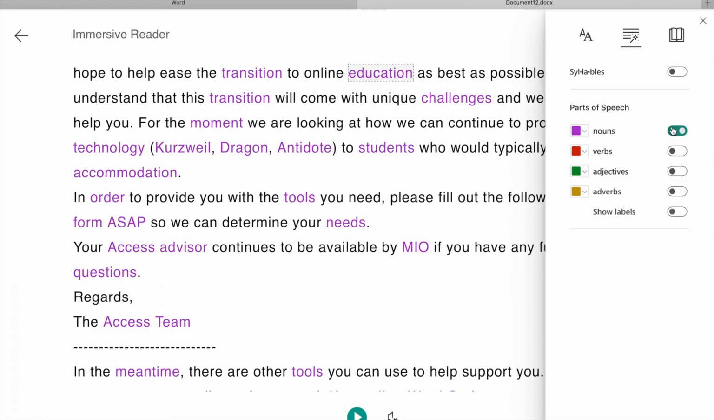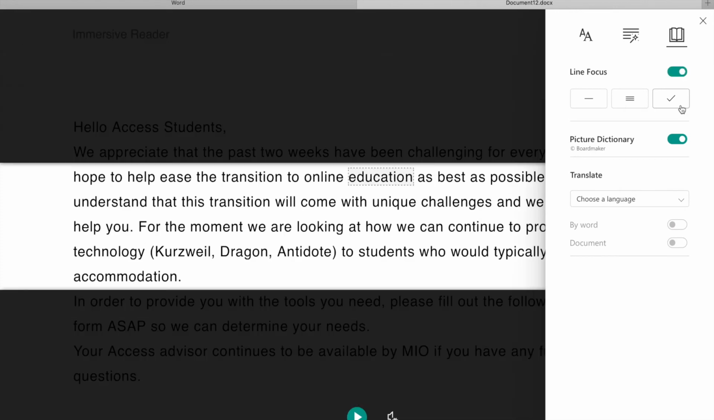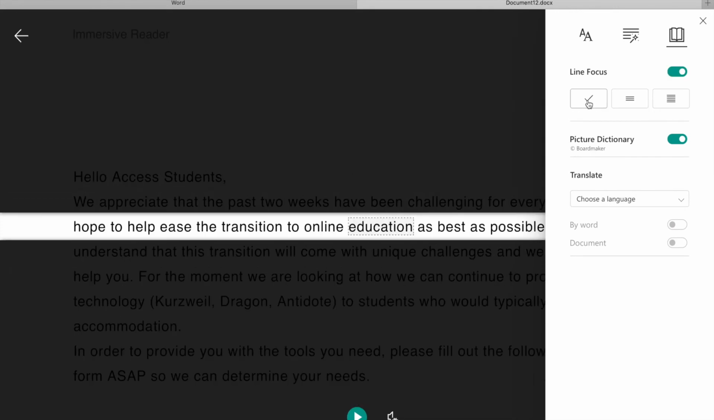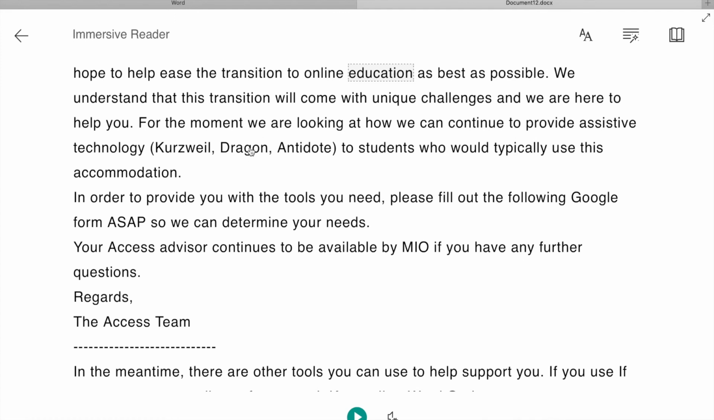There's an option to highlight parts of speech, your nouns, verbs, adjectives, and adverbs by clicking on the on-off switch. If you'd like, you can narrow down the focus to 5, 3, or 1 line. You can use the picture dictionary function by clicking on a word, and the image of that word will be